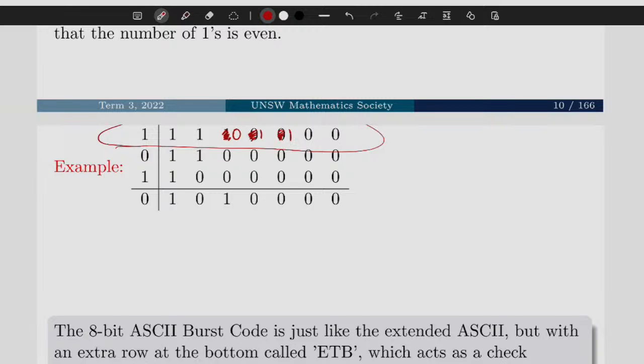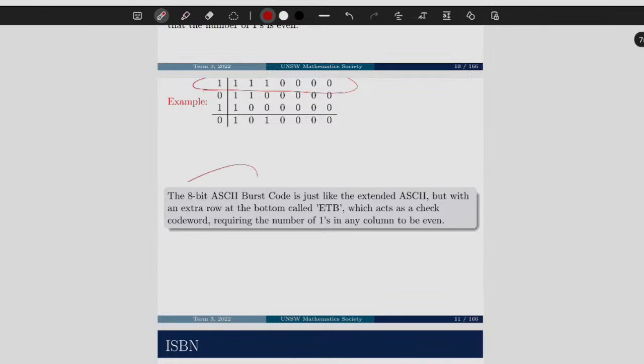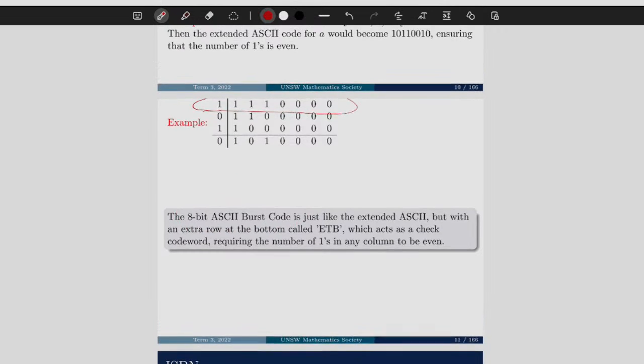Then the initial instinct after that is going, well, let's check the columns then, right? This is absolutely fine. This is absolutely fine. You go through and you go, hey, hold on, there's an error with this one. This has an odd parity. So just by matching up the rows and columns, we can say, okay, this is initially a 0, it's wrong, so it has to be a 1. Under the condition that this is binary and radix 2, but yeah, this is going to be 1. And this is the same with these two, where you just go through and go, oh, okay, wait, hold on, it's the wrong parity, it should be the other one, right? And that 8-bit ASCII burst code basically enables us to detect and correct up to 1 error, right? So slay.